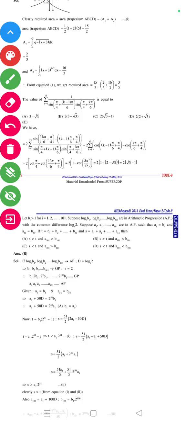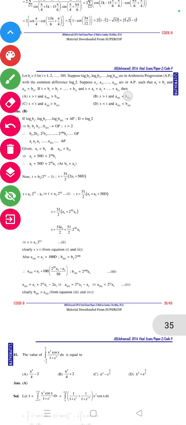is equal to 2 [cot pi 4 minus cot(13 pi 6 plus pi 4)] is equal to 2 [1 minus cot pi 12] is equal to 2 [1 minus (2 plus root 3)]... is equal to 2 into (root 3 minus 1), तो इसका आंसर कितना जाएगा? C, 2 into (root 3 minus 1)। आगे क्वेश्चन